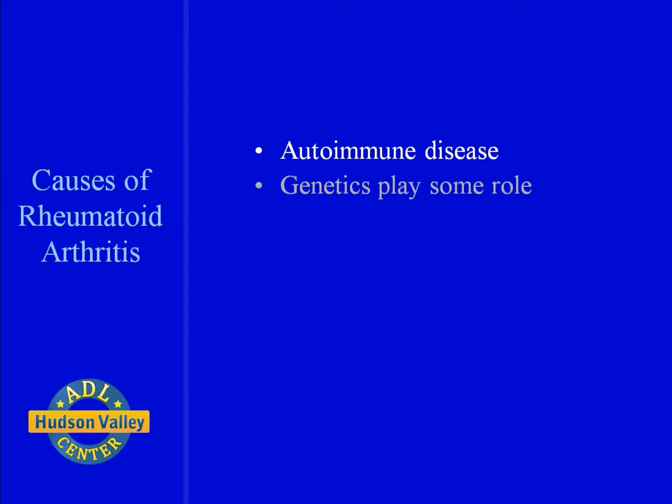Causes of rheumatoid arthritis. Researchers suspect that one or more infectious agents trigger an autoimmune response. The immune system in susceptible people cannot completely get rid of this infectious agent and it begins to attack the synovium of the joints. Once that occurs, inflammatory cells stay turned on, causing the inflammation to continue. Researchers also believe that genetics play at least some role in the development of the disease. There is a genetic marker, HLA-DR4, which has been found to be linked to rheumatoid arthritis.